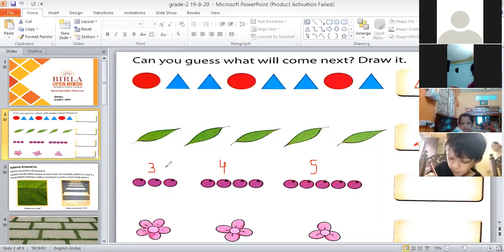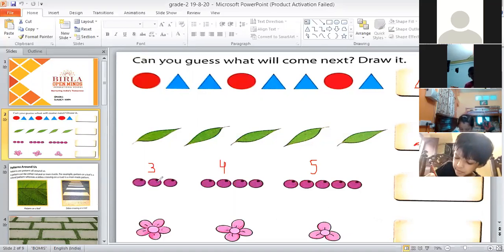So in the next one, how many should be there? Every time it is increasing by 1. So this is 3, 4, 5. After 5, what comes? What comes just after 5? That many circles we have to draw this time. So Azlan, you tell me, how many circles will we draw now? 6. Yeah, we'll draw 6 circles now.